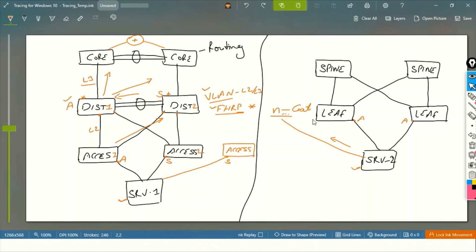In this technology, all the devices are required to connect to your leaf devices. So you don't need to go anywhere else, right? This device can be your physical device, or it can be virtual as well.